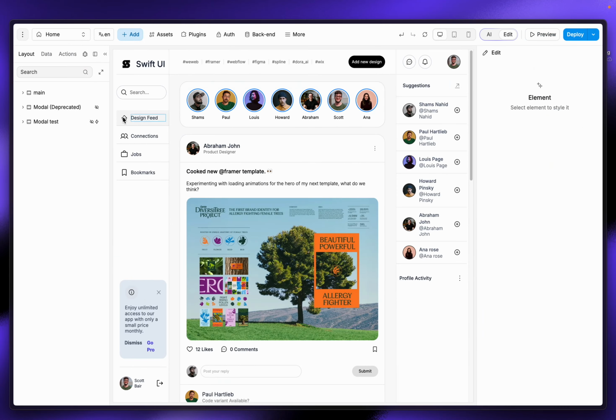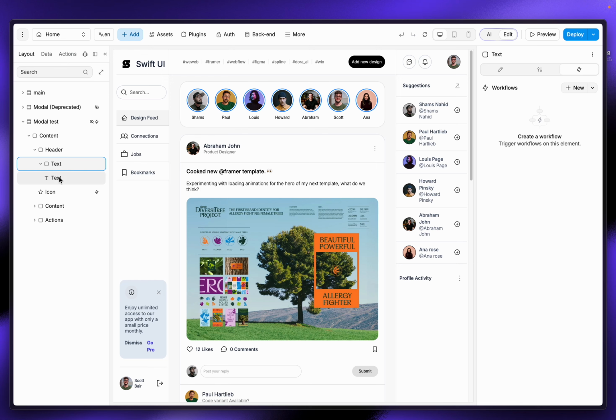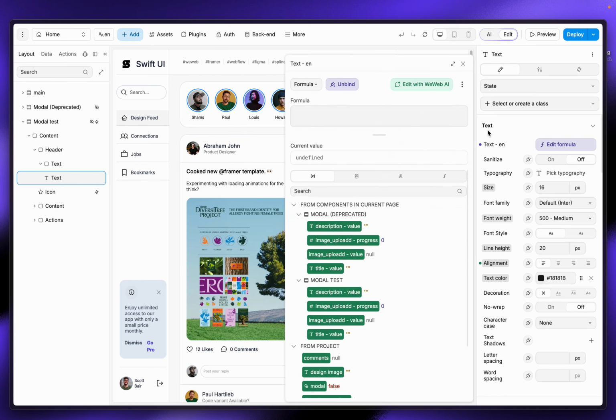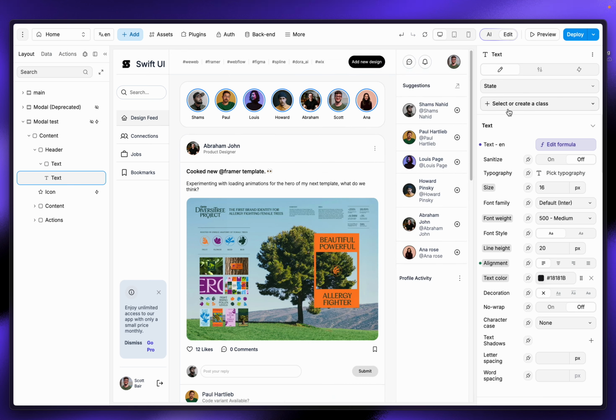So let me add some content here so you'll understand properly. So here, test one, so you need to bind that like this, so it will work as a